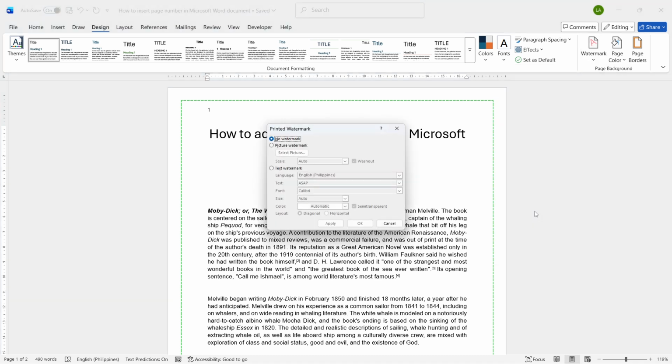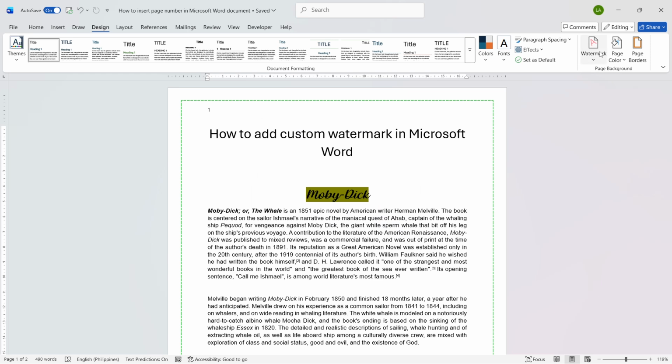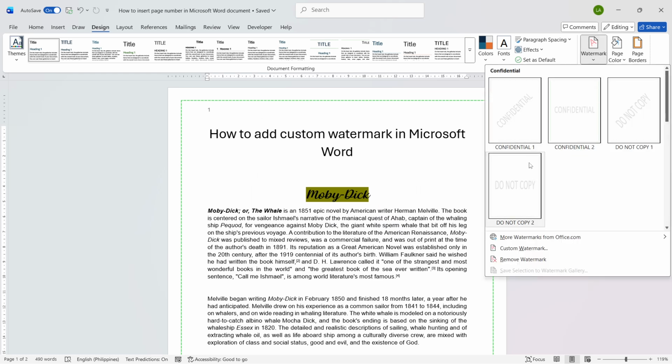In the drop-down menu, you'll notice several predefined watermark options such as Confidential or Draft. However, for a more tailored approach, you'll want to select the option that reads Custom Watermark or something similar. This will open the Printed Watermark dialog box, which gives you full control to customize your watermark exactly how you